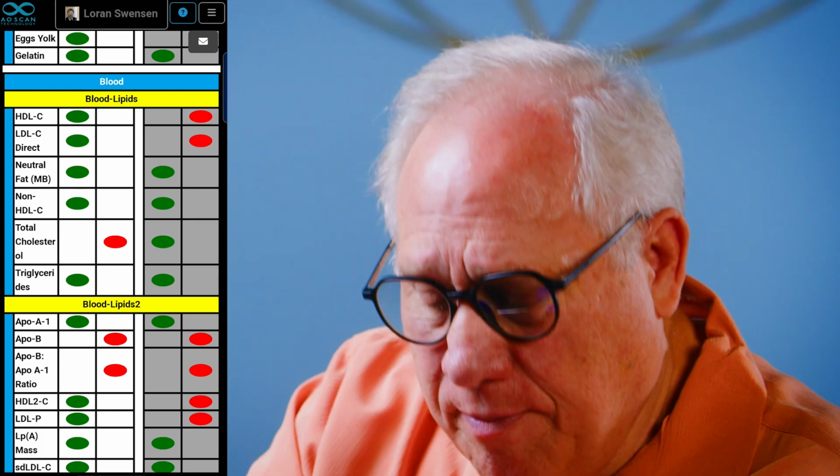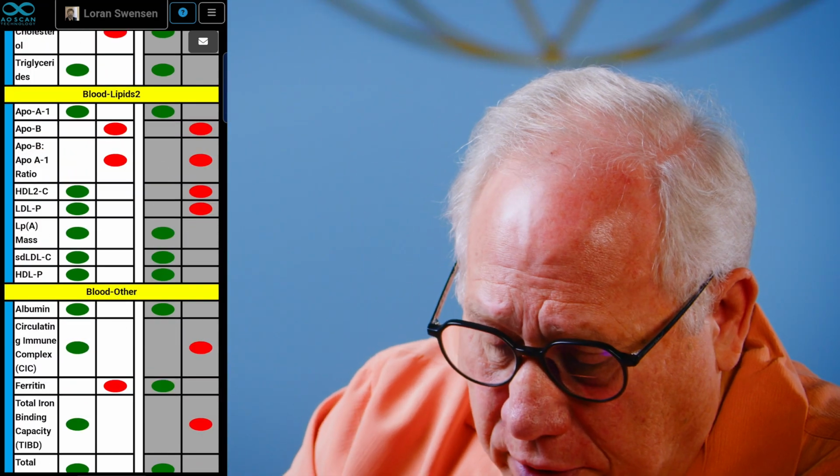When you see it not go from red to green, it stays red, then you say, okay, I'm going to watch this over a few days. And if it stays like that, then I need to pay attention to that part of my diet or something in my daily activity. Okay. Again, if it doesn't change on one scan, you don't worry about it. You watch it over the next few scans to see if that trend stays the same. Okay. All right. So you go down through your bloods,